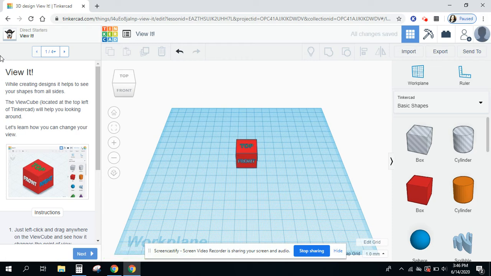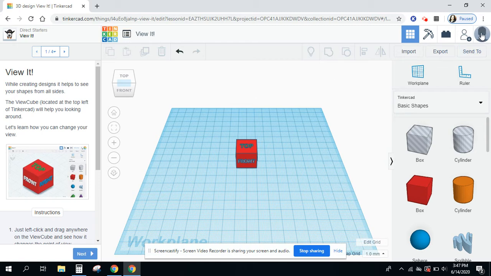Oh, so it automatically took me to the next one, which is how to view things. Again, there's only 4 different directions, and then you just keep going through it. So let me just go back to the Learn tab. So you want to learn, how do you move things around? How do you make things bigger and make them smaller, and all of those wonderful things that you learn with handling